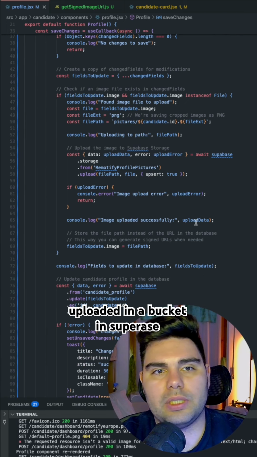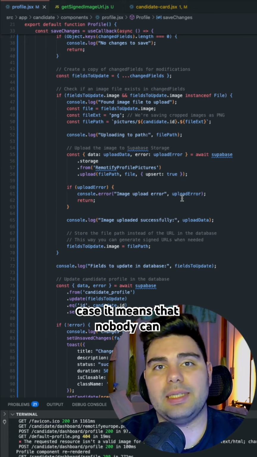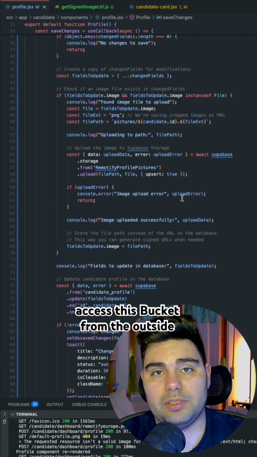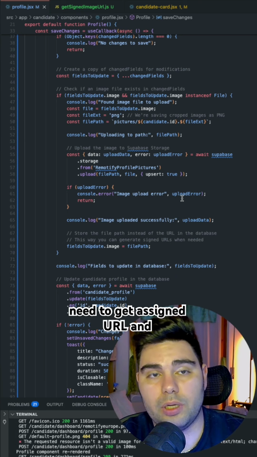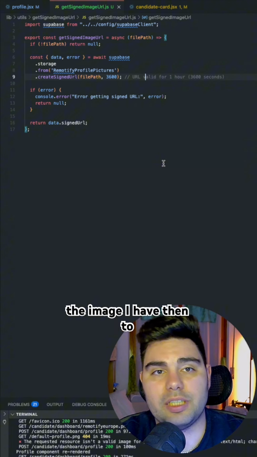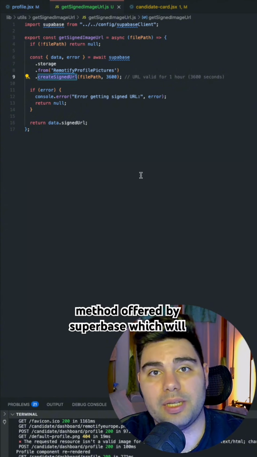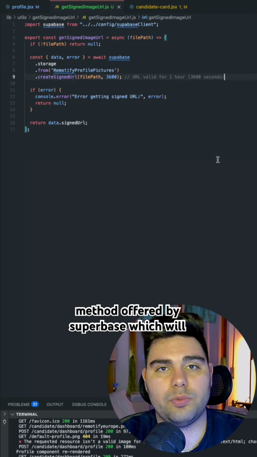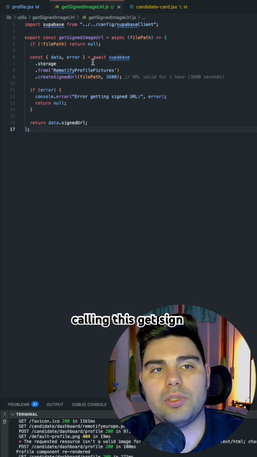Image is uploaded in a bucket in Supabase. This is a private bucket. What does private mean in this case? That means that nobody can access this bucket from the outside with a simple link, but they need to get a signed URL. And so if I want to retrieve the image, I have then to retrieve with the create signed URL method offered by Supabase, which will return to me a URL valid for 1 hour. And so I'm calling this get signed image